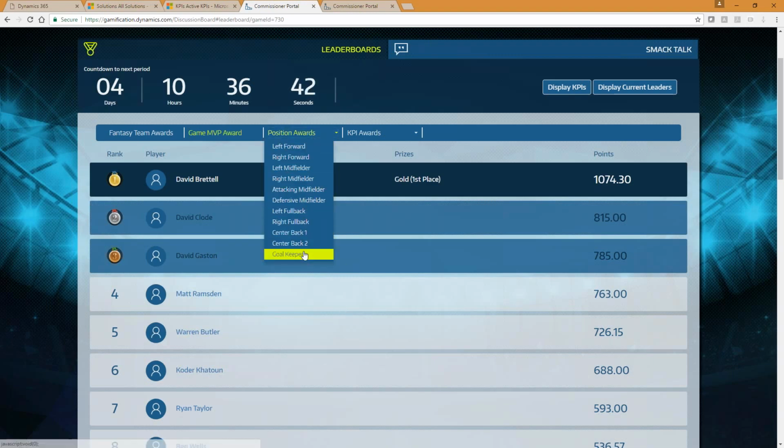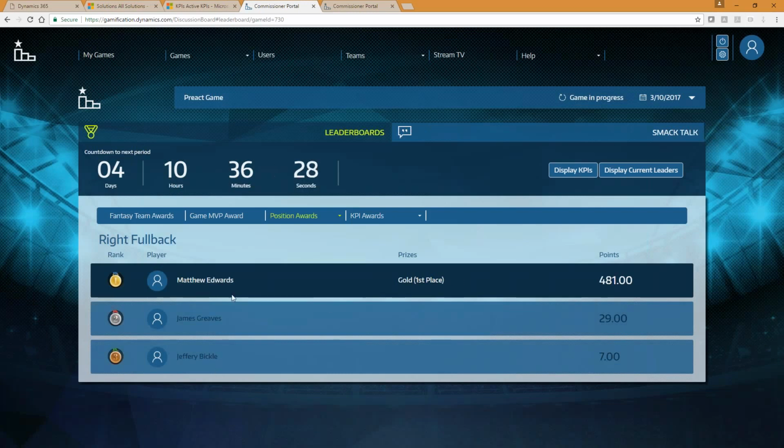Okay, and then you've got individual position awards. So our fantasy game is a football game. So if I want to say who's doing the best of the people who are eligible to be, I don't know, right fullback, there we go. We've got 3 right fullbacks available, and of those, the person to be picking at the moment is obviously Matthew Edwards. So it works best with a large number of people in an organisation that you can pick from, because then you've got lots of choices. As long as you've got 2 or 3 per position, then it should give you enough of a chance to make the comparison between the 2 people and be able to switch them in and swap them out. But the fantasy team and the actual scoring are 2 separate elements of this.